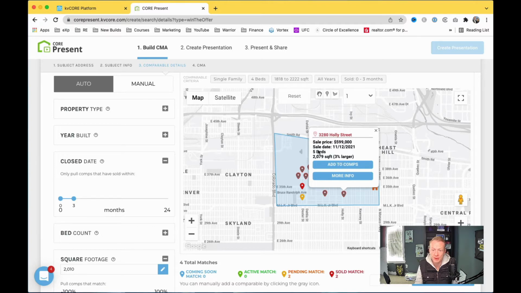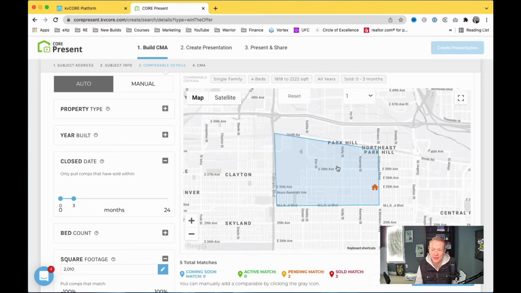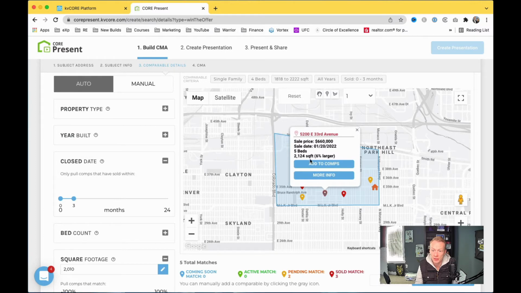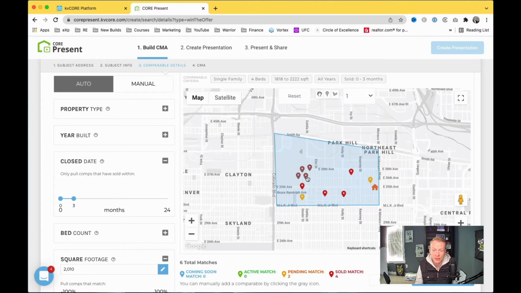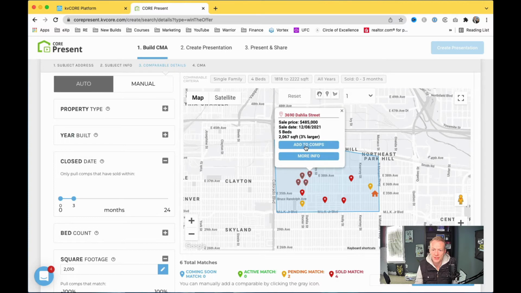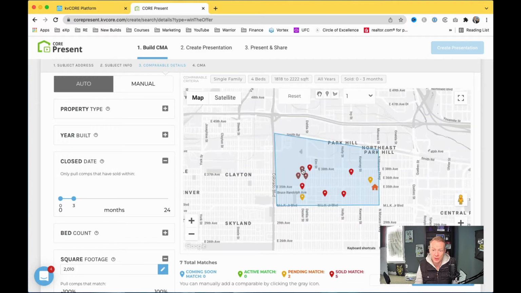3% larger, but it's got 5 beds. I'm going to go ahead and add that in. This one, 5 beds, 6% larger. Let's go ahead and add it in. And it's up to you. It's your discretion what you're actually going to add into these comps. But I just want to get more of a snapshot of the area. See, there's a 3% larger, but it went pretty cheap here, 485. And I'm just going to add all these in